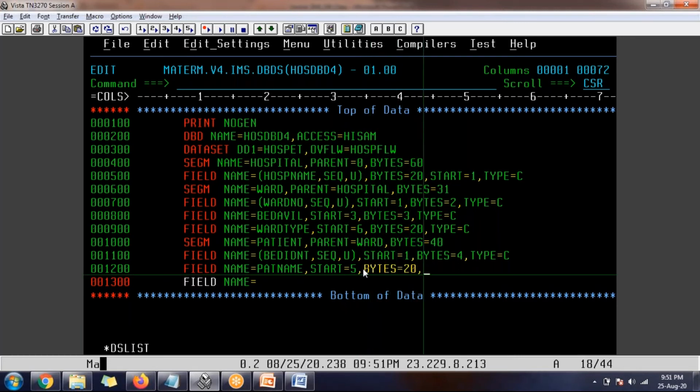In every segment, for one of the fields, do we need to set up sequence unique like that? Not mandatory, I told you, right? Only for root is it mandatory. The rest of the segments can have the primary key, or may not. If any segment doesn't have any search field or primary key, then from that segment you can read only sequentially.